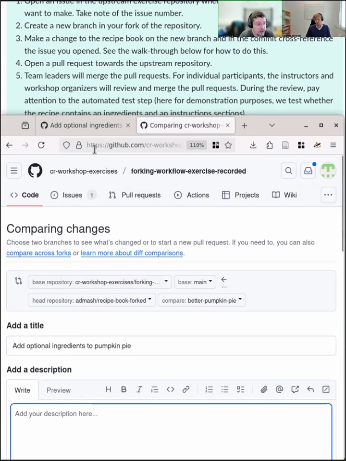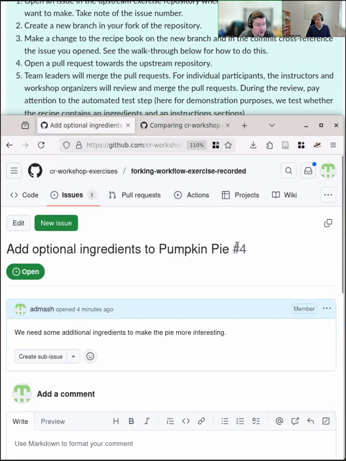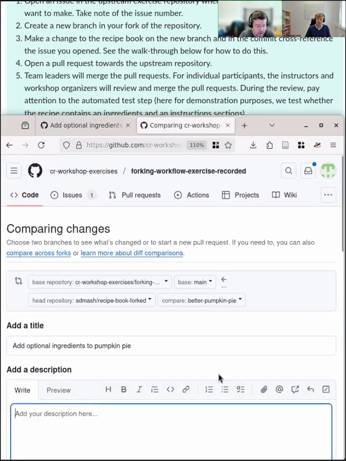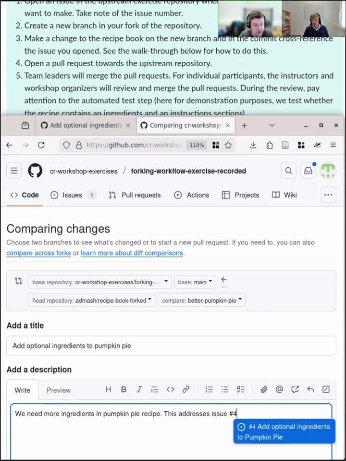And here, if we look back at our original, this was issue number 4: we need more ingredients in pumpkin pie recipe. Okay. Maybe highlight the branch names. Yes, because that's the difference to previously. This addresses issue number 4, and there is the issue that we're addressing.